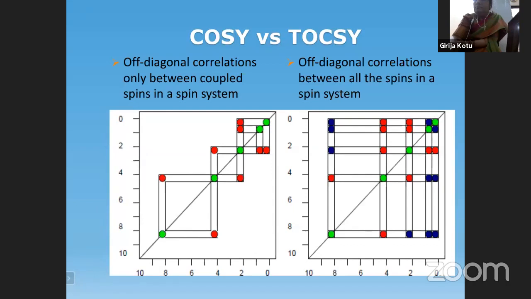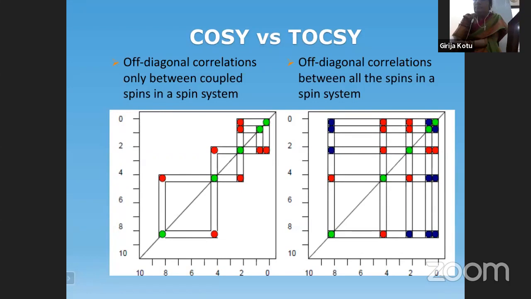Next, if you consider the second one, B, it has connectivity to another one, that is C. So again, you can draw a box. But this center one, B, is now having 2 boxes, isn't it? It is connected to A on one side, it is connected to C on the other side. So because these happen to be in between, this is COSY.